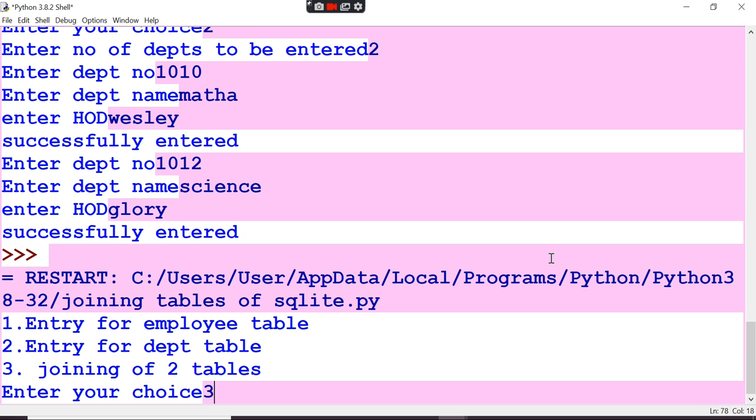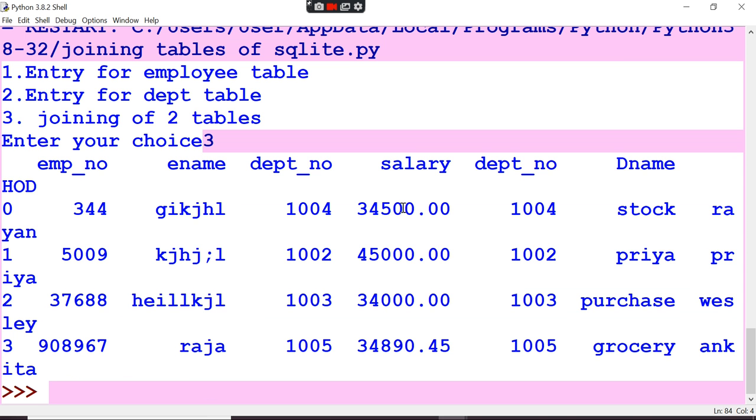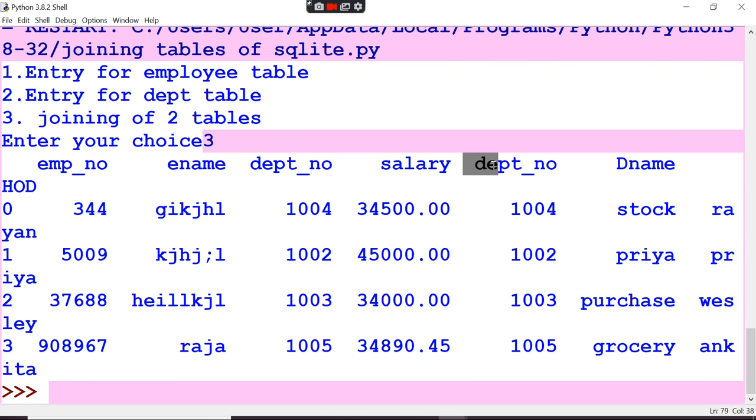Now I press 3. See here, it retrieved all the data from both the tables. Up to salary it is one table, right? And department name and HOD came here. There is no space available, so they came here. So the department details have now appeared like this, right?